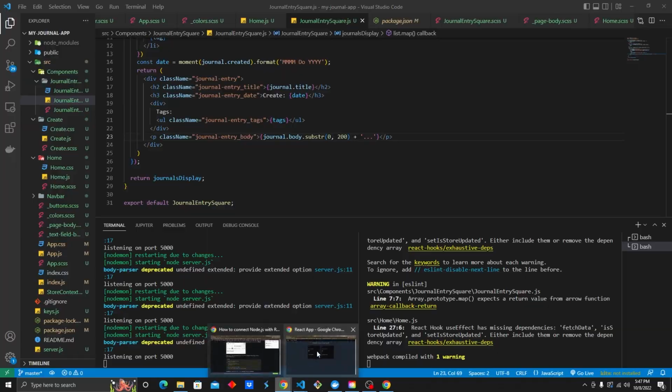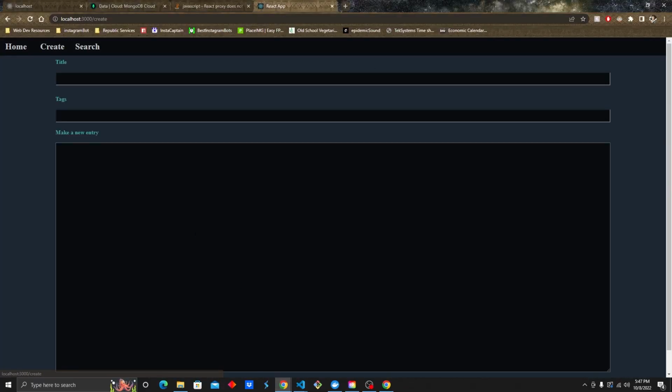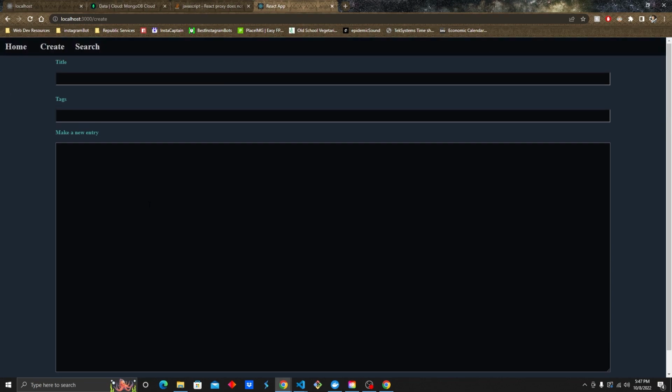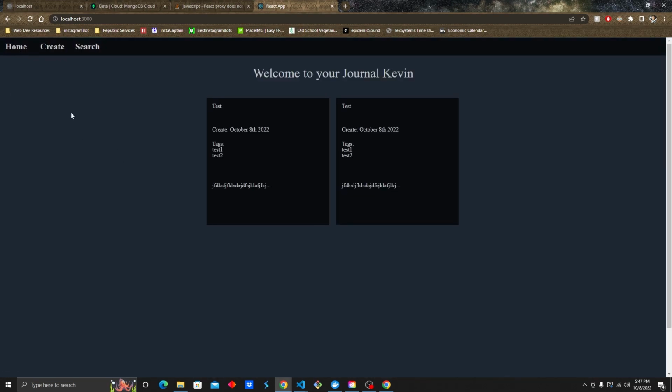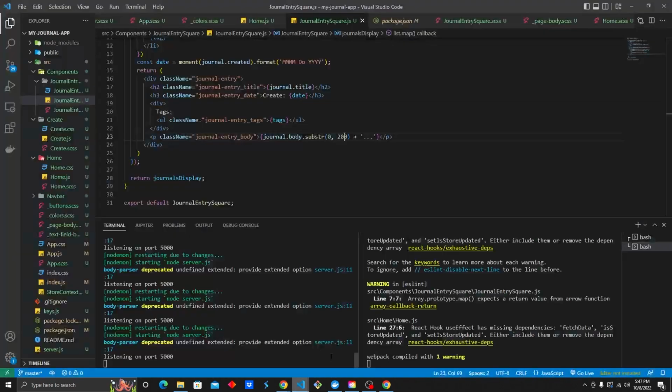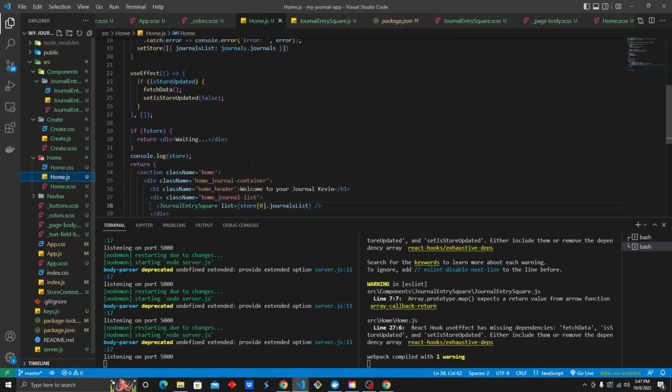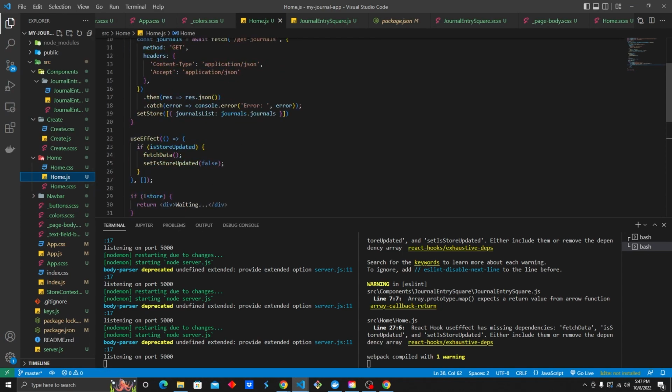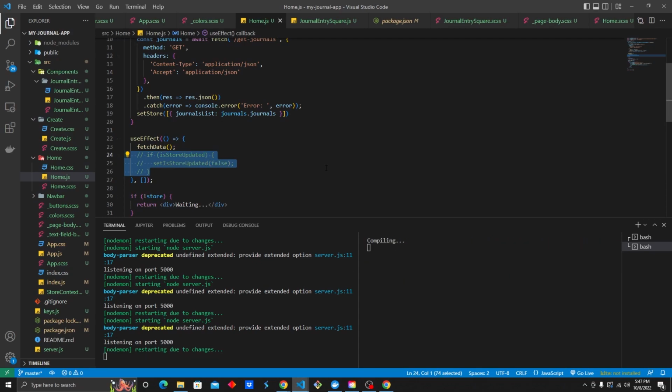We've officially now got our create page. In the next video, we're gonna hook up this button to actually create things. But on our home page, I'm actually gonna show you just real quick, if we don't have this if is store updated method, I'm gonna hit Alt up arrow just to show you guys, and I'm gonna go ahead and comment this out. If I save it,